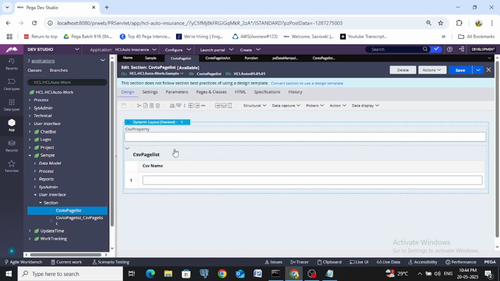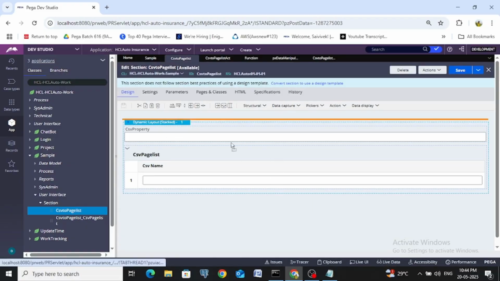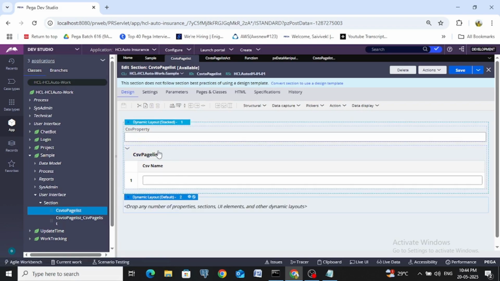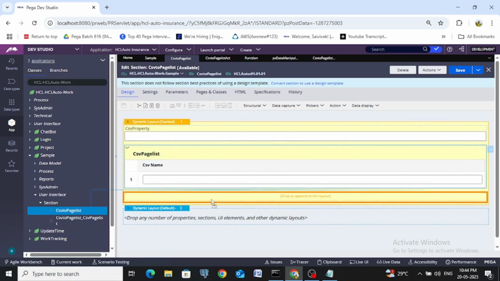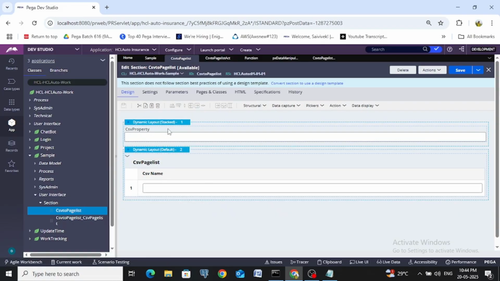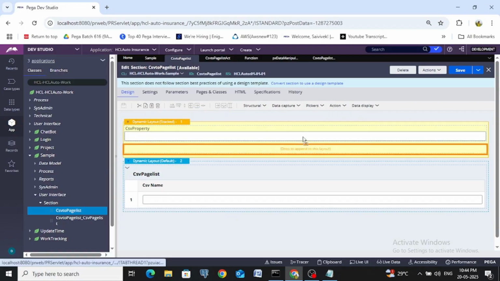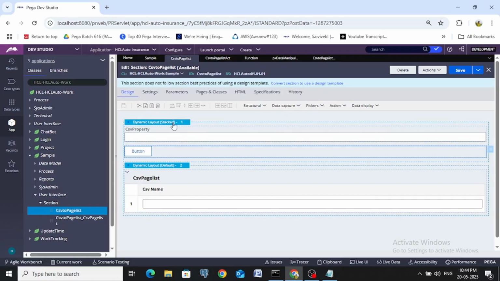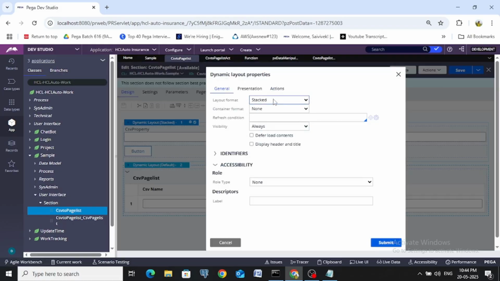So sorry, I forgot to click the save button. So place the dynamic layout, drag the table layout into the dynamic layout, add one action button, configure the properties, change it to inline grid double,